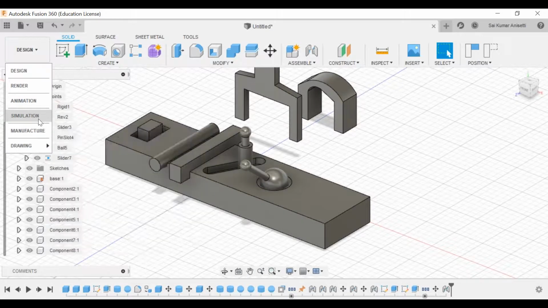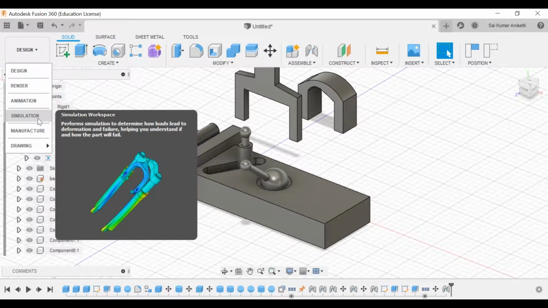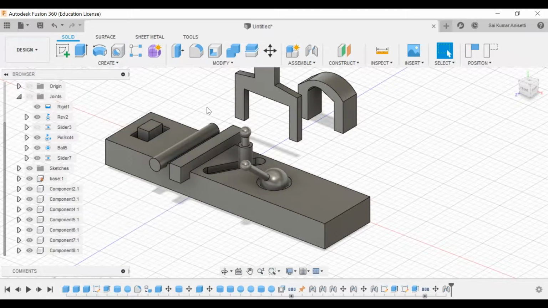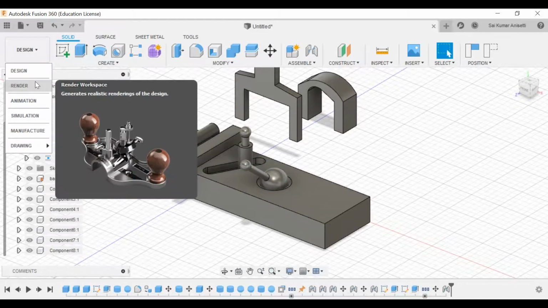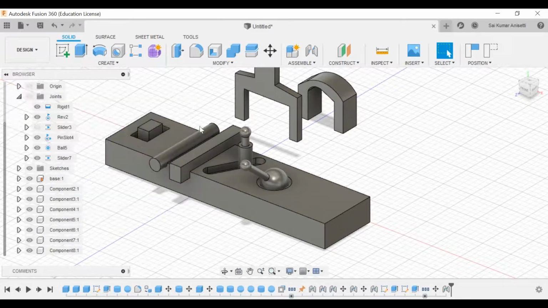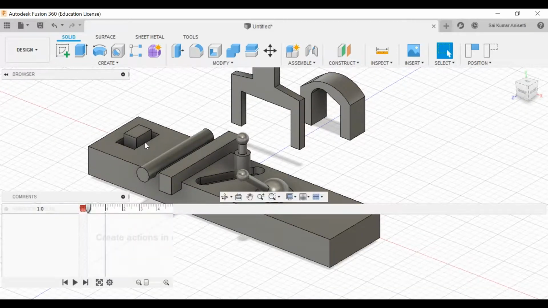And if you go to simulation, we will go to the simulation part in tomorrow's session. Whatever analysis we have done, we'll add some loads onto this given handle, or else we'll take another example. We'll just add loads and see how your stresses are going to develop in a simple manner. If you want to render your component, go and use your render. In your animation toolbar you also have the same thing.